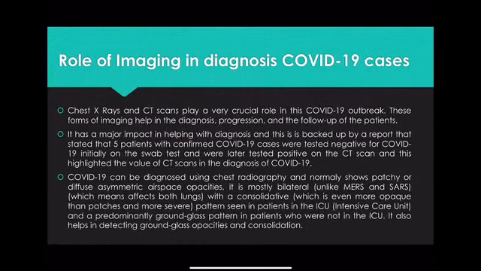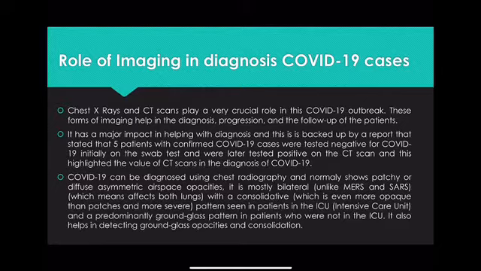So, what is the role of imaging in the diagnosis of COVID 19 cases? Chest x rays and CT scans play a very crucial role in this COVID 19 outbreak. These forms of imaging help in the diagnosis, progression, and follow up of the patients. It has a major impact in helping with diagnosis, and this is backed up by a report that stated that 5 patients with confirmed COVID 19 cases were tested negative for COVID 19 initially on the swab test, but were later tested positive on the CT scan,